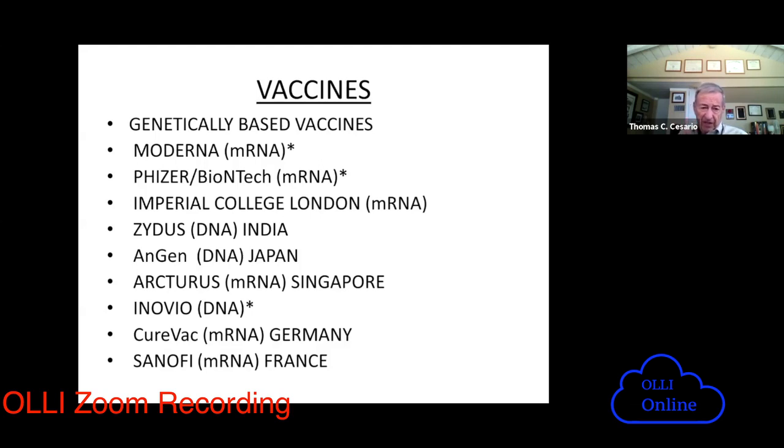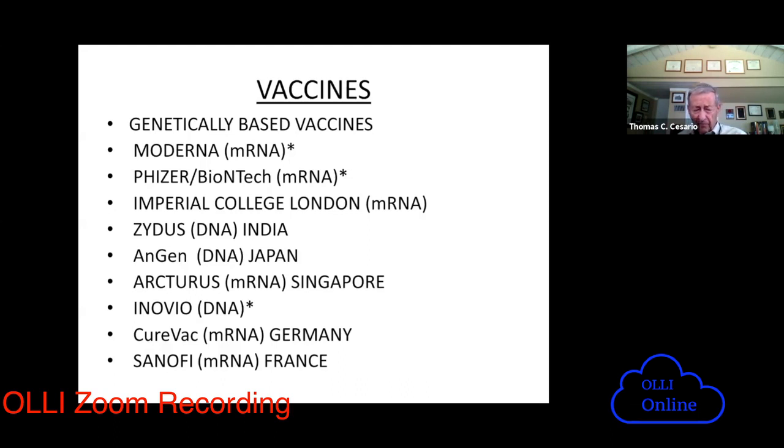The Moderna vaccine, which is the one you've heard about the most, sponsored by our government and developed here largely through the offices of the FDA, through the NIH, is the one that's most advanced. But you can see a lot of the others are. The stars after that say these are the ones that are right now in phase 3 trials, just beginning to see whether they really work in people. So that's genetically based vaccines. You can do that with RNA, and in a few patients you actually can do it with DNA.